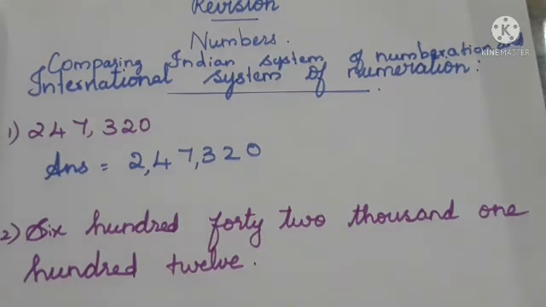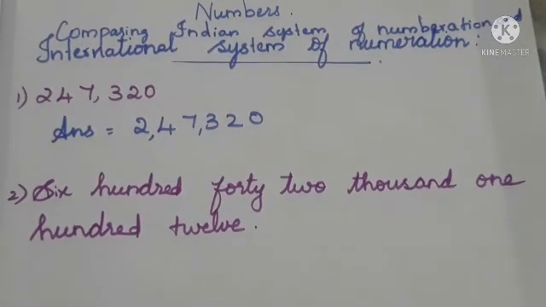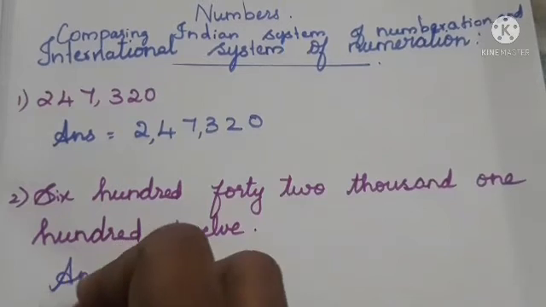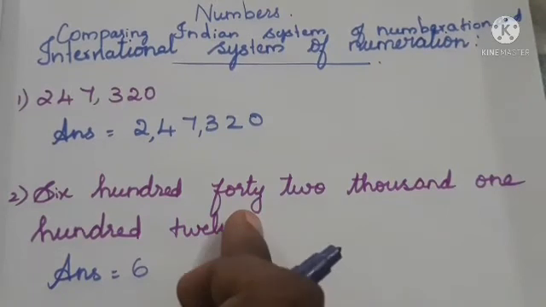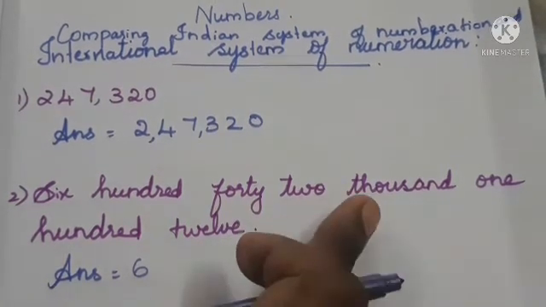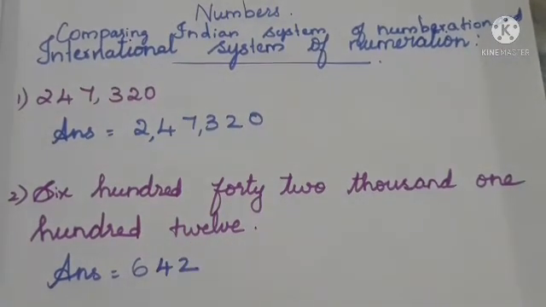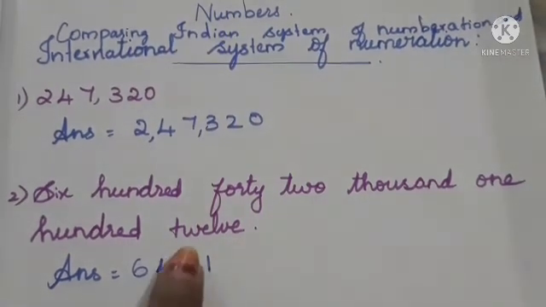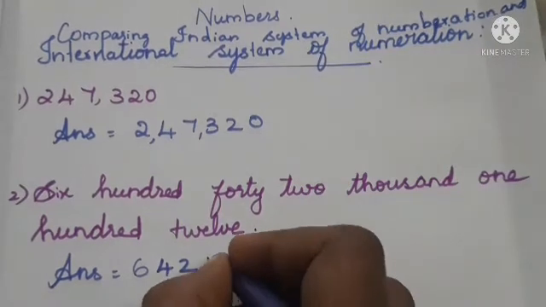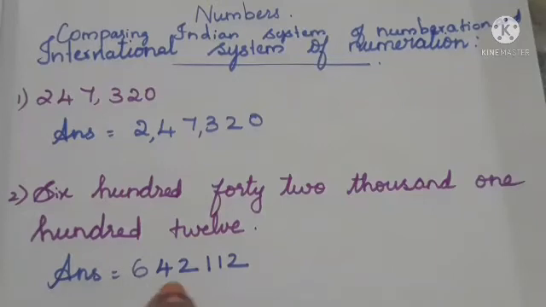Okay, ma? So listen, first we write the numeral form and we place the commas and change it into the Indian system. So first we write the answer is equal to 600, then 42,000, 642,000. So 42,000 we have. Then 100 we have, yes, isn't it, ma? Then for the tens and ones we have 12. That means 1, 2, it will make 12. So 642,112 we have.